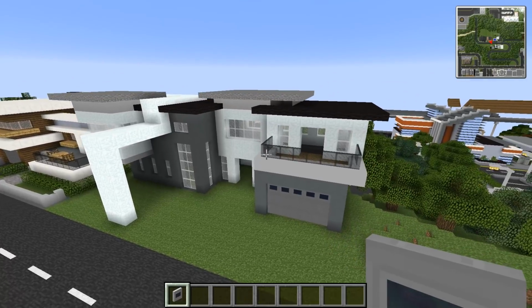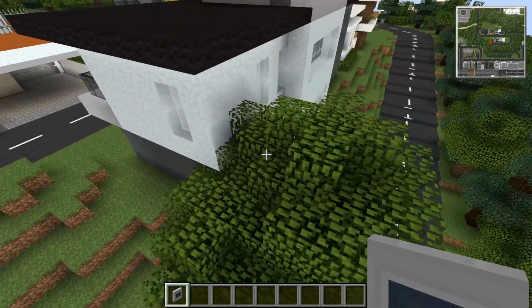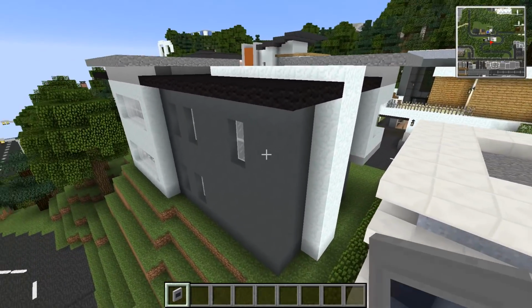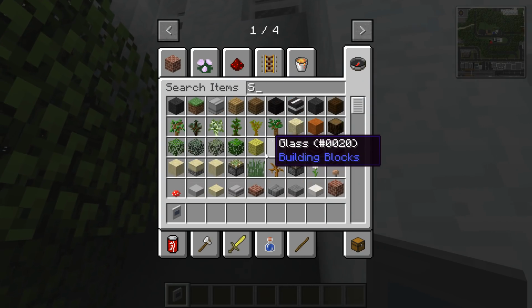So, what were we doing last episode? I think we've finished off, from what I remember, all of the structural parts, like all the walls and the windows are up here. I think there's some stuff that I'm not quite happy with. First off, I think I need...